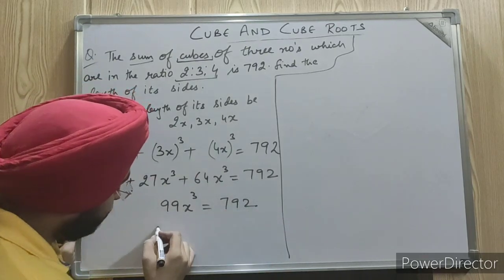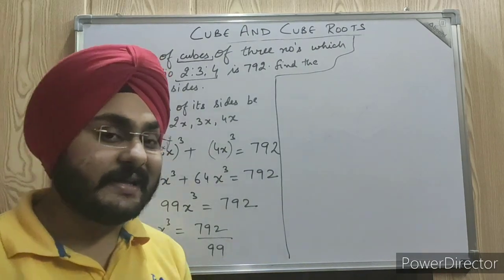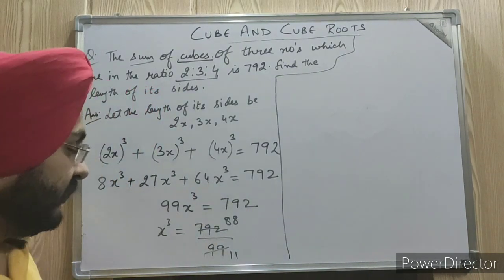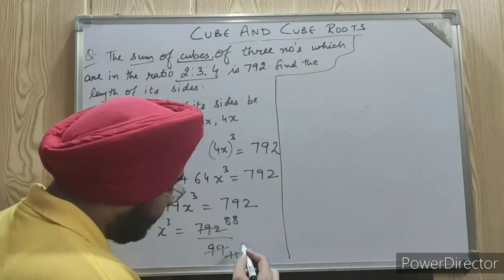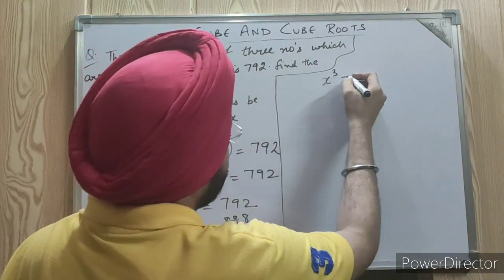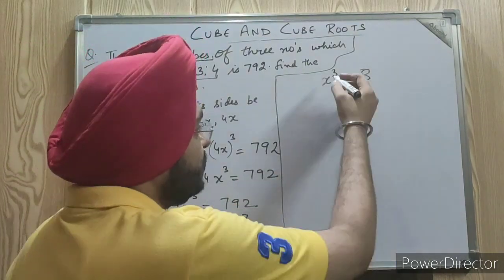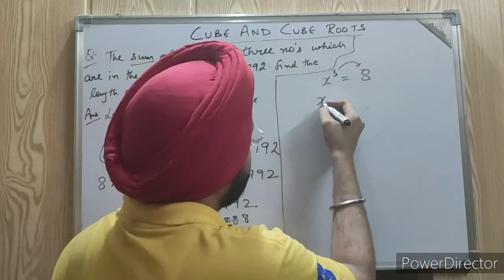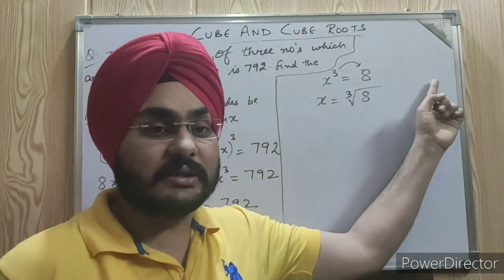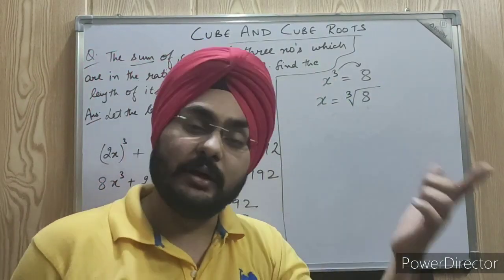Okay, this 99 will go to the denominator. This will be left with this thing. Okay, so I can cancel this with 9 only. So 9, 11 and 9, 8, 72 and again 72. So I am left with 88 by 11. Again I can cancel 11, 1, 11, 8 here. Okay, I am writing here now. So x cube will be equal to 8. Yes or no? On solving I can get x cube equal to 8. So this cube when going towards the other side will become cube root. The cube when going to the other side will become cube root, and if cube root goes to the other side, that will become cube automatically.